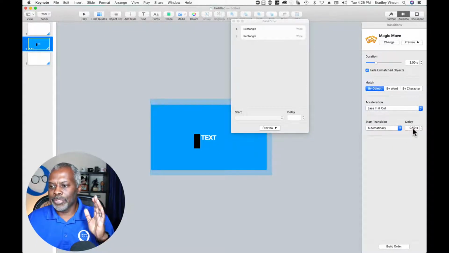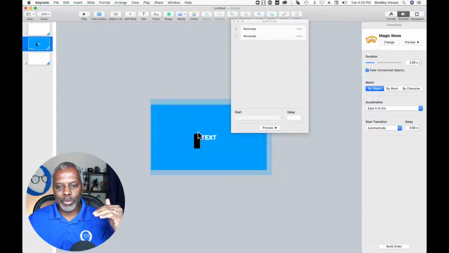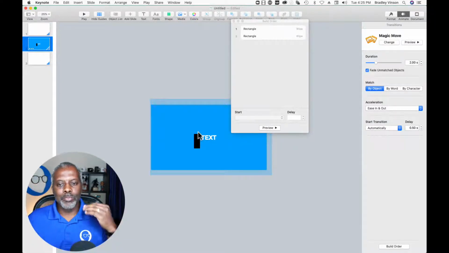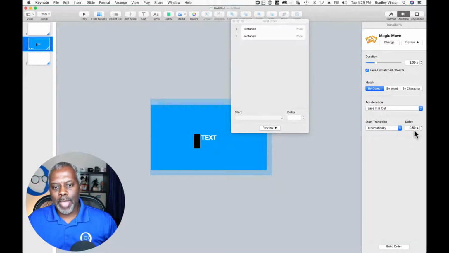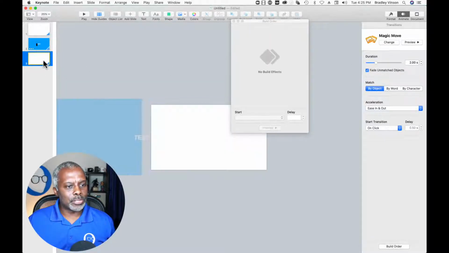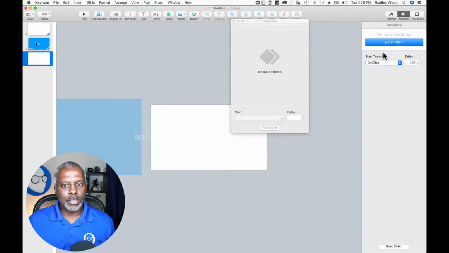And I used to have a delay of 0, because as soon as this bar was over, that would trigger the animation to leave, right? But instead, if you want to be slower, animate in, bar down, bar up, just change the automatic delay. So let's say I kick this delay up to 3 seconds, right? So we're good to go with that. I can turn this magic move off.